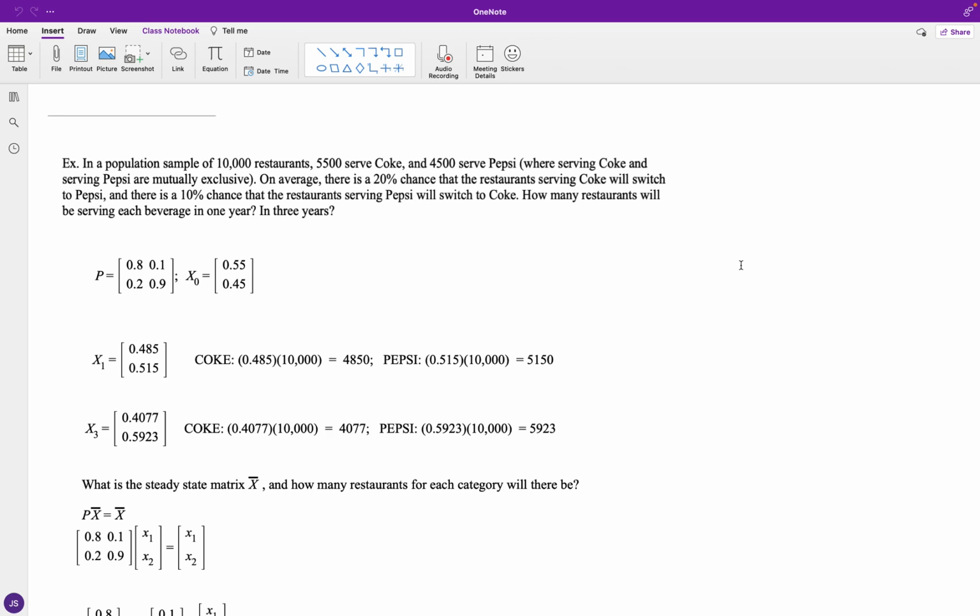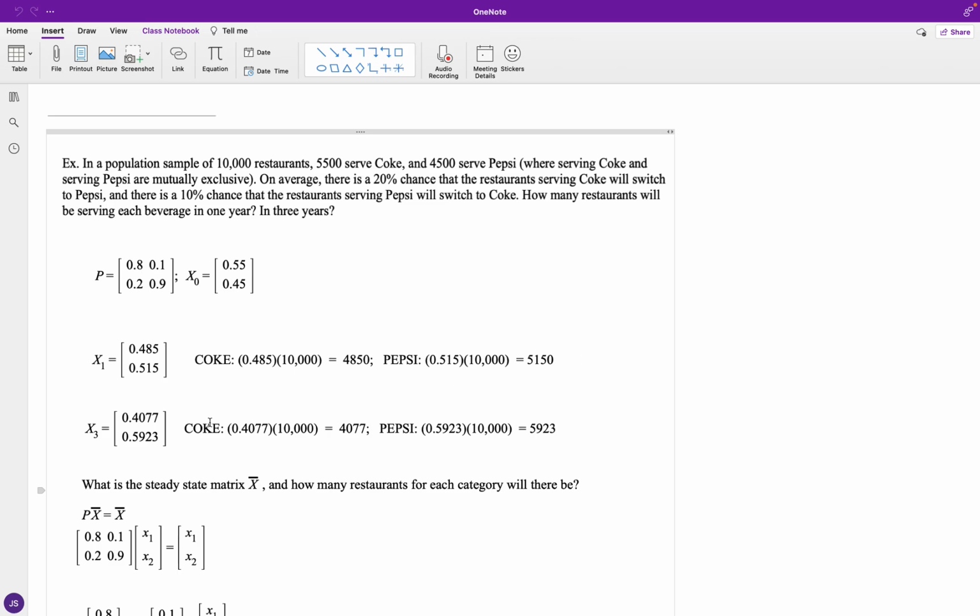And we said that there was a 20% chance that the restaurant serving Coke would switch to Pepsi, and a 10% chance that those serving Pepsi would switch to Coke. And we have how many restaurants would be serving each beverage in 1 year and 3 years. And going back, after 1 year, the number of restaurants serving Coke had dropped rather drastically from 5,500 to 4,850, whereas in the case of the restaurants serving Pepsi, there was quite an uptick all the way out to